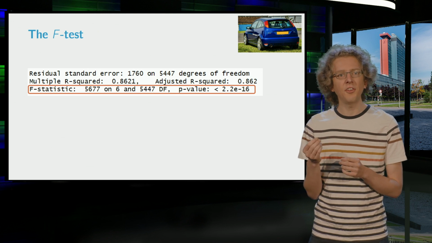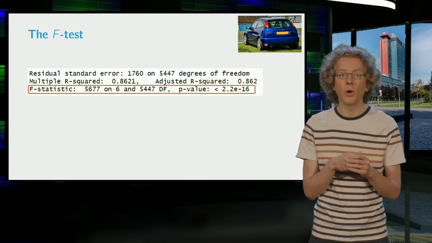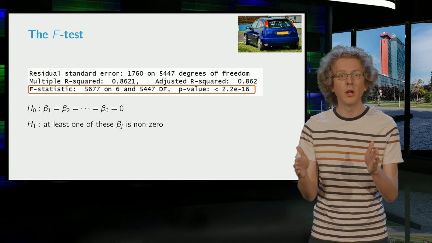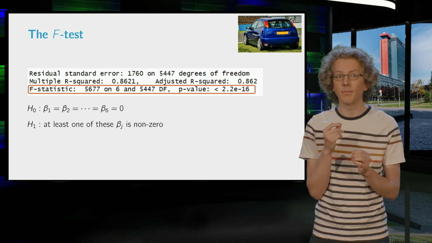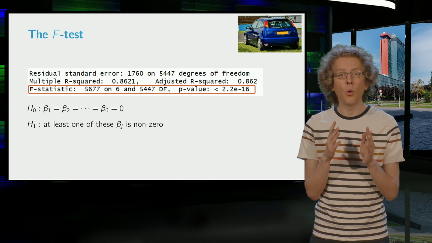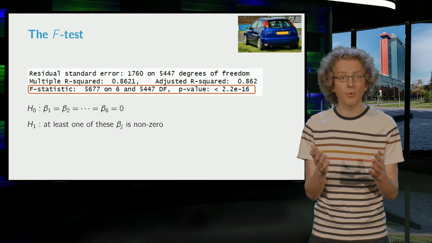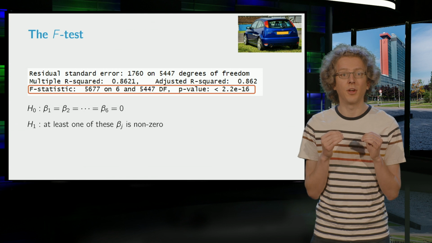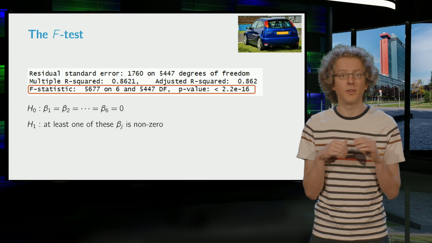We already saw the t-tests whether the individual beta parameters were zero according to the null hypothesis. Well, now we have a test to check whether all of the parameters beta 1, beta 2 and so on are zero. Can you interpret what the null hypothesis claims? Indeed, if all those parameters are zero, then only y equals beta 0 plus an error term remains. So all cars then get the same price prediction, and none of our explanatory variables has any significant influence on the price. If this null hypothesis is true, then our model is utterly worthless.